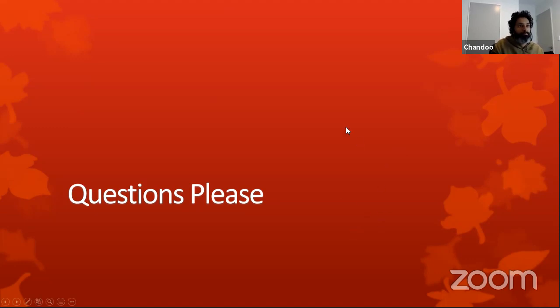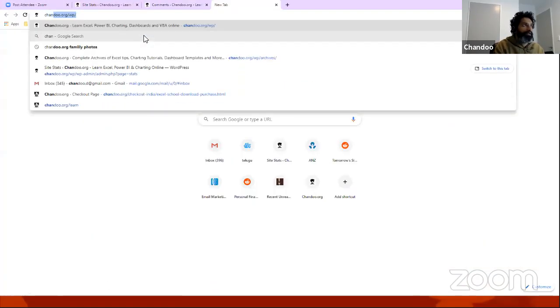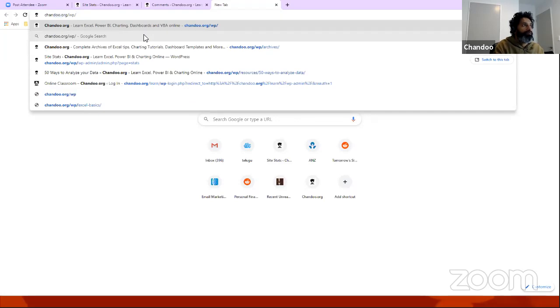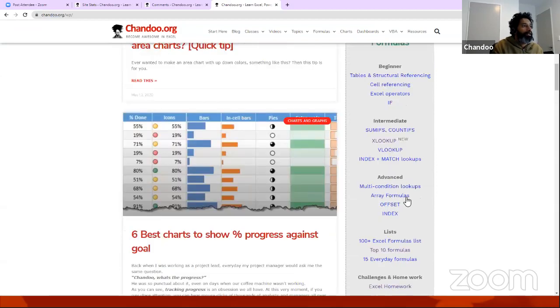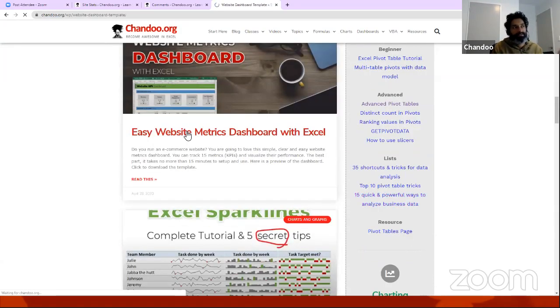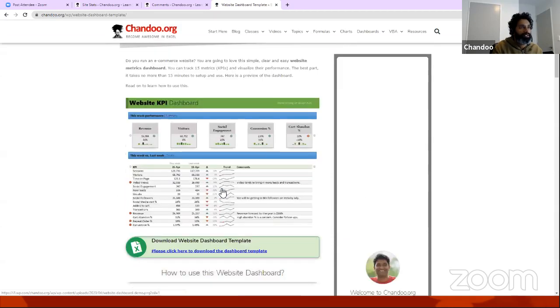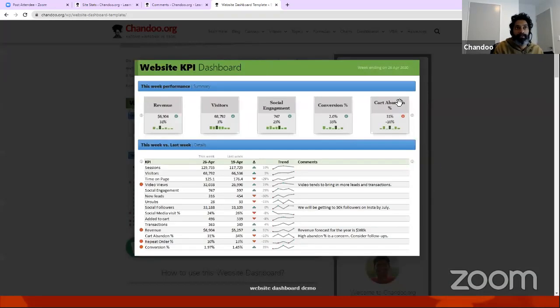I'll show you one other example. This is something that I shared on my website just a few weeks ago. And this one is talking about a web analytics dashboard, because in such situations you tend to compare more than 5-6 things. So this one shows how you can compare 15 metrics. I hope you can see this. It does have that kind of a summary and detail section, and the detail section is nothing but a table, because essentially there is no sensible way to present that depth of data with any graphs.